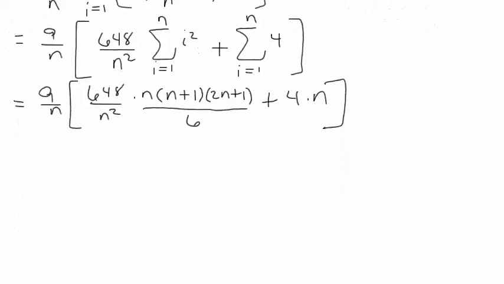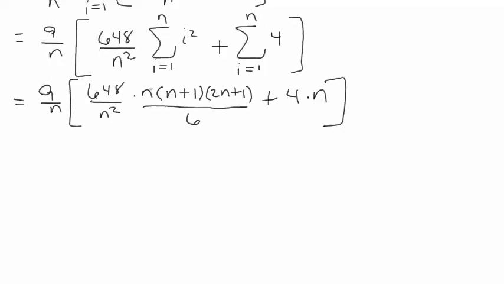So we're going to want to simplify this thing down a little bit. First off, let's look at this. We have an n up here. We've got two n's down here since it's multiplied by each other. We can cancel an n out, and let's see. What about 648 over 6? That's 108. So 6 goes into 648, 108 times. We can cancel this n out.